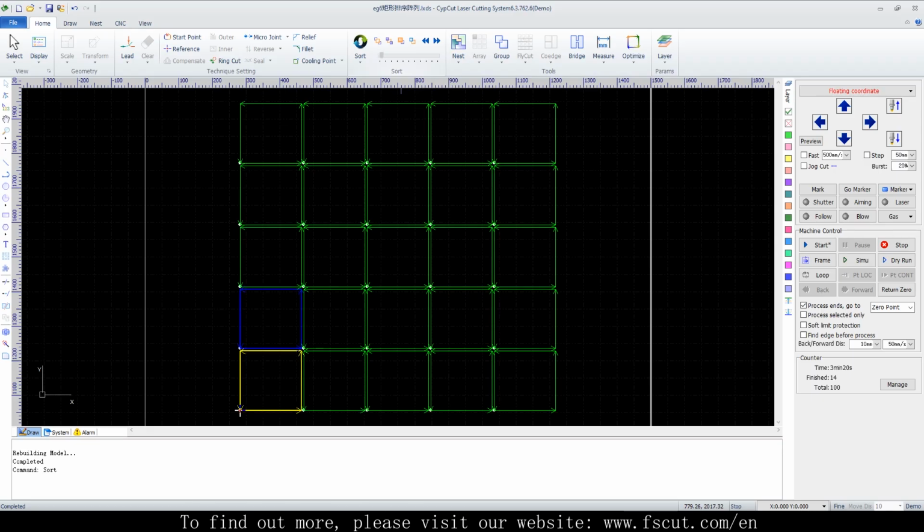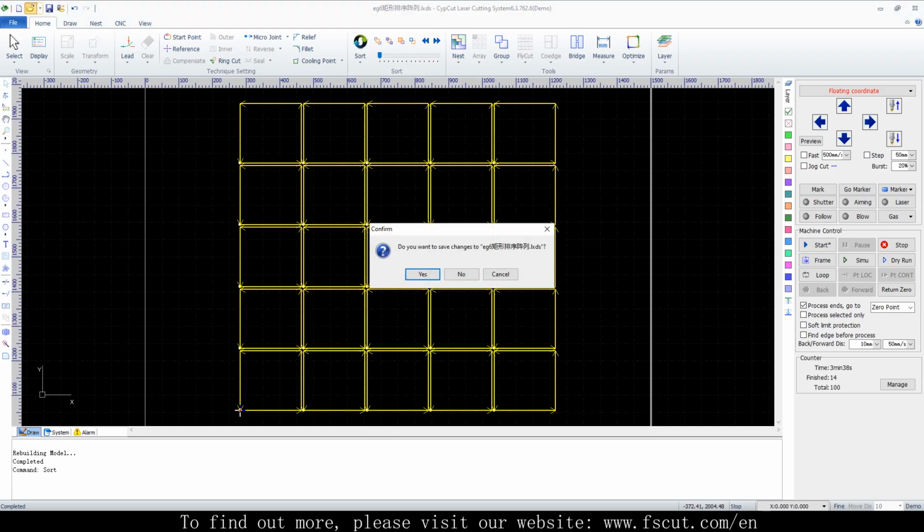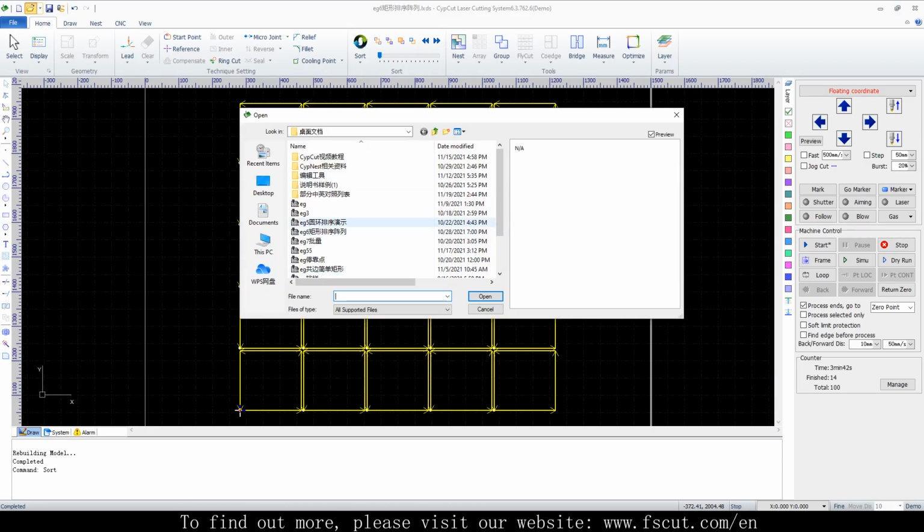For this we can get parts cut within a rather regular and short travel path. However, there would be too many unnecessary travel paths when we cut this kind of graphics,